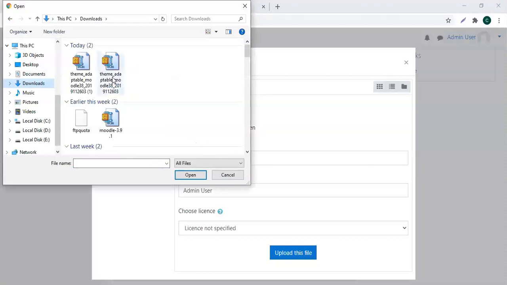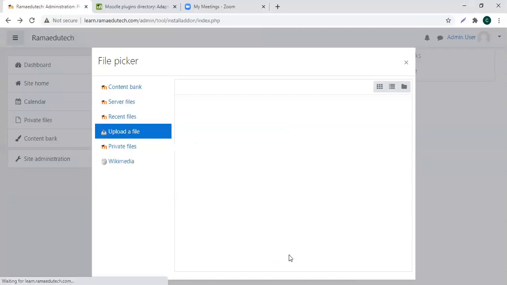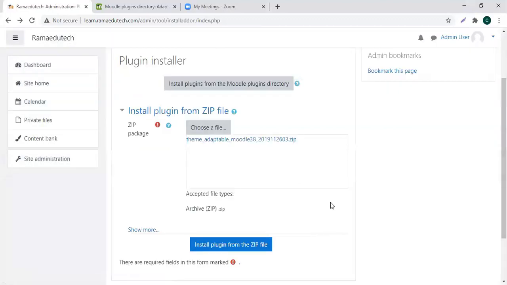Okay. Theme, open. Okay. Upload this file. This has been uploaded here. Install plugin from the zip.